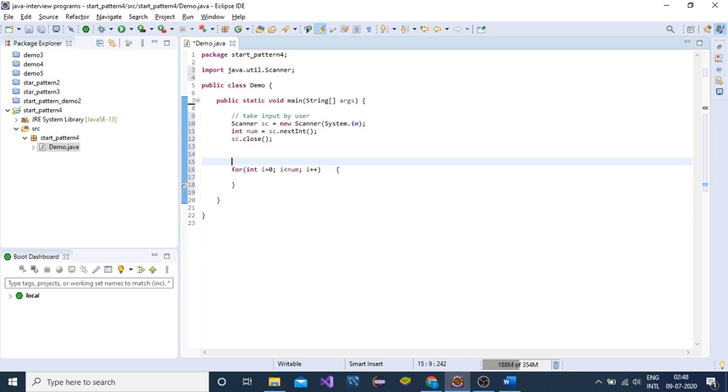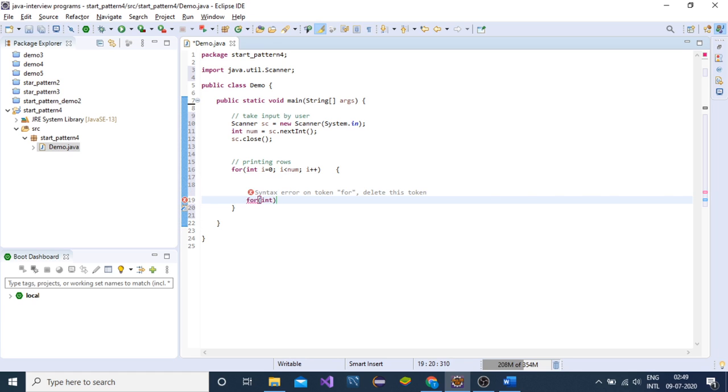This loop will be responsible for printing rows. And take one more loop: for int z equals 0, z less than i, z plus plus.